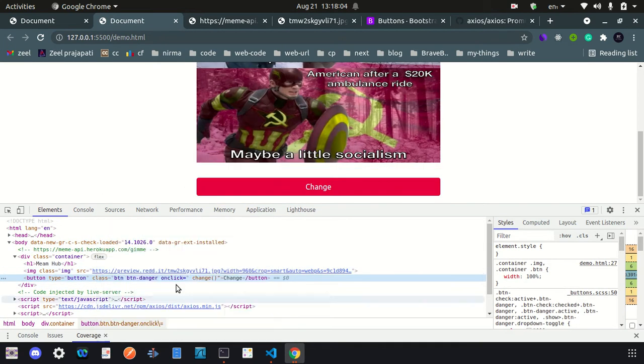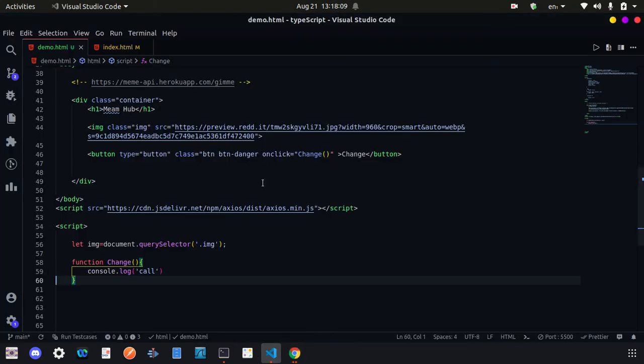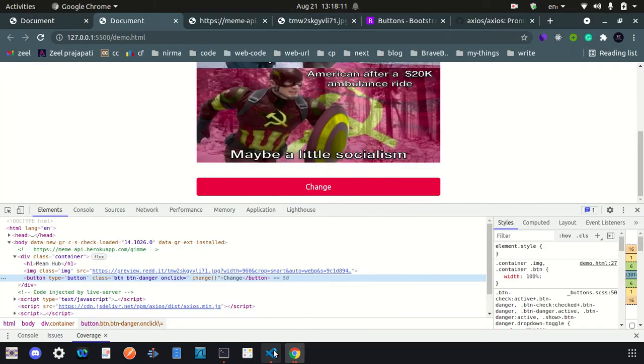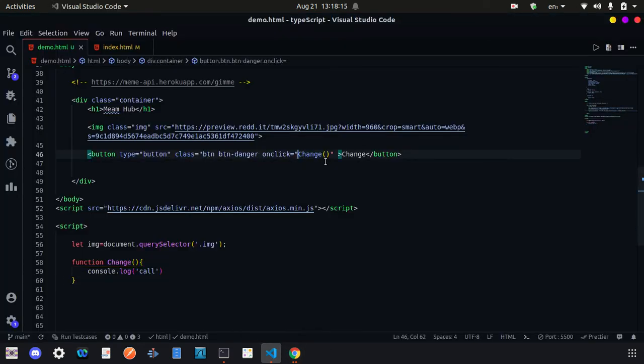If you see here, on click change function will call, okay, by default it is converted into small letters, not at all. Let's check whether my name is the same or not, change function, yes, we have the same name.